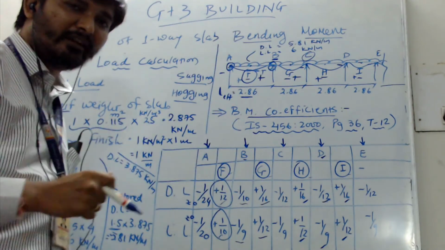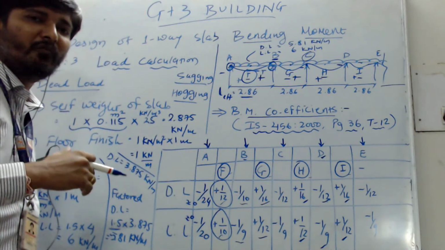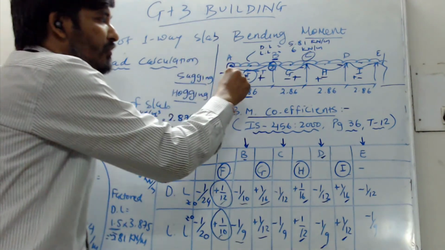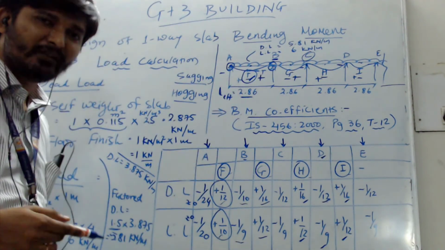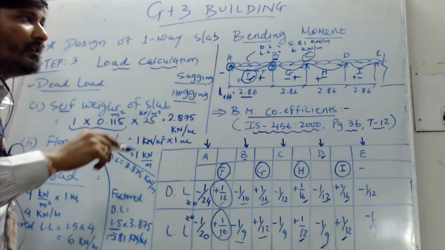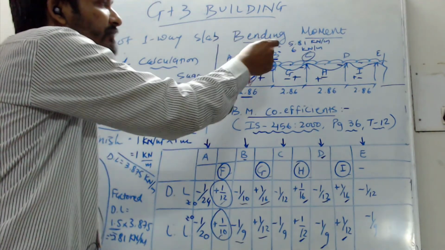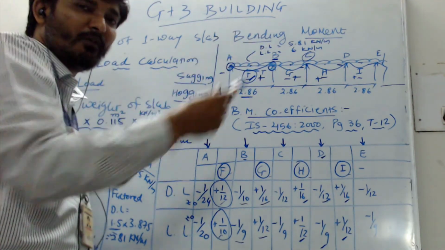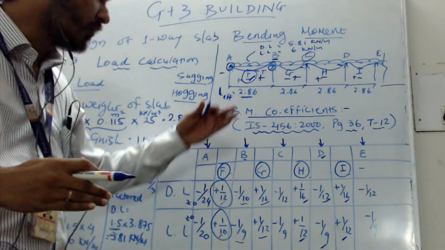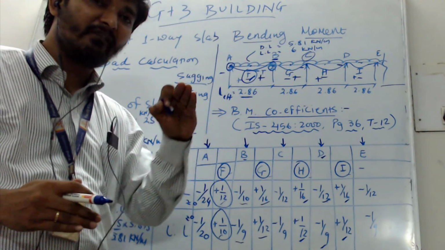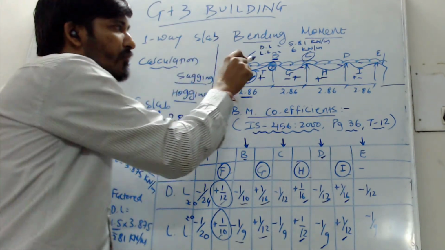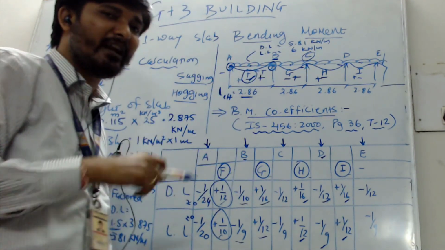Another technical term in this regard is that you may have heard the words positive steel and negative steel. Whatever steel you are going to provide at span is called positive steel, and whatever steel you provide at support is called negative steel, because the tension will be at the top of the section. Wherever there is tension, we are supposed to provide steel bars. That is the reason why we bend up our steel bars at the supports in a slab, to account for the tension coming due to the hogging bending moment at top.